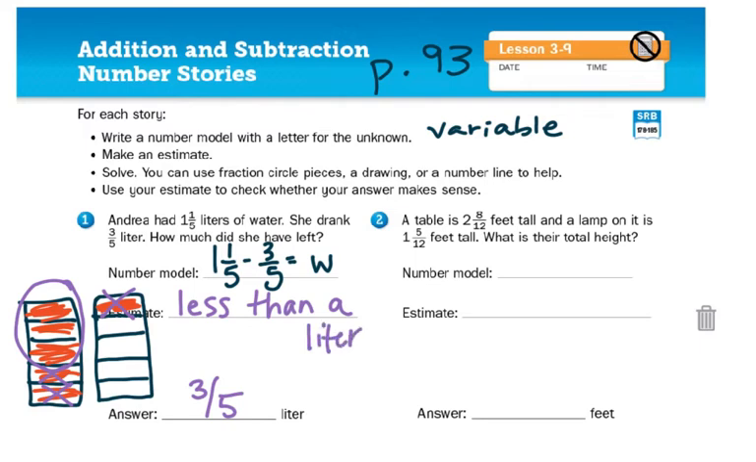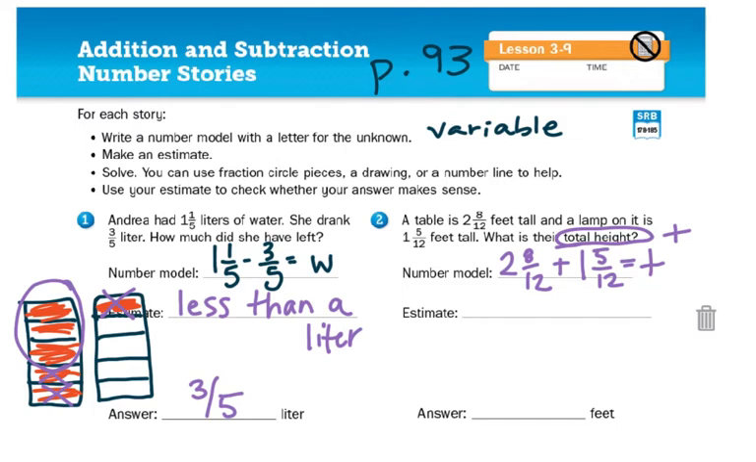Number 2, a table is 2 8/12 feet tall, and a lamp on it is 1 5/12 feet tall. What is their total height? Total height means we're going to add them together. So 2 8/12 plus 1 5/12 gives me, and I'll put T for table, okay. Our estimate, well, we're adding together 2 plus 1 was 3, but then those fractions should equal more than